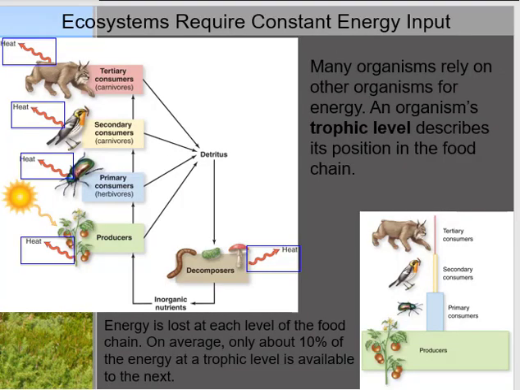Ecosystems require constant energy input, which we get from the sun. And then we have trophic levels. Trophic levels describe an organism's position in the food chain. Things like plants are the primary producers. Then you have some herbivores that are consumers. And then you'll have a secondary consumer that will eat the herbivores, and a tertiary consumer that will eat both the herbivores